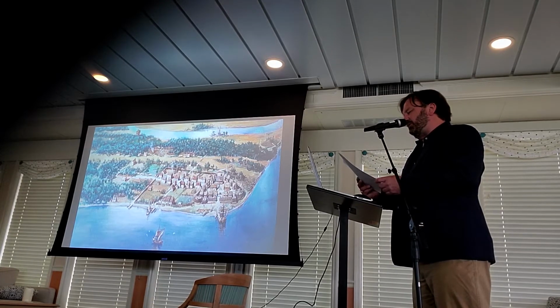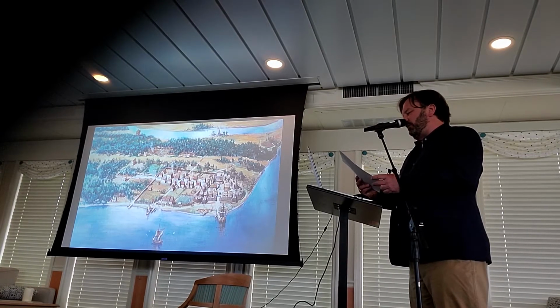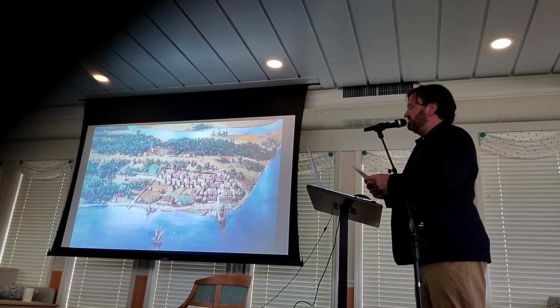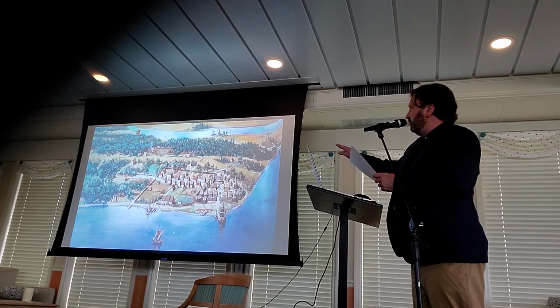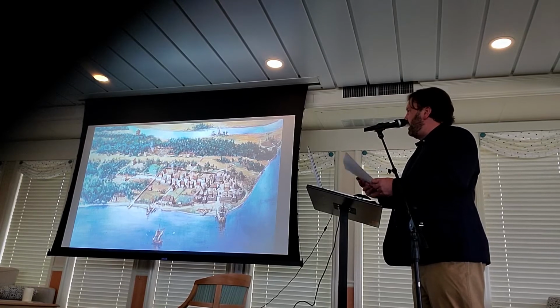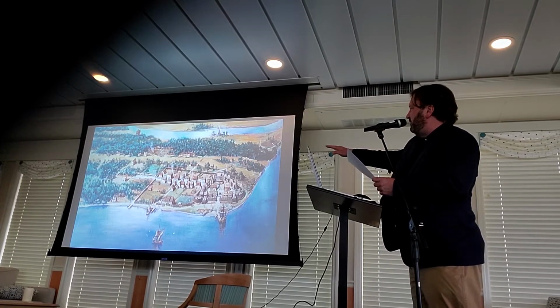Captain Smith understood that the primary necessities were food and shelter. You can see here to the lower left corner the original fort and the crude houses and stuff within the